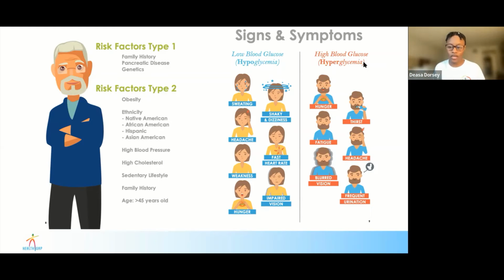It's just good to be prepared in case it gets too low. And having snacks throughout the day helps prevent hypoglycemia. I know most of us eat maybe 1 or 2 to 3 times a day, but when you have diabetes, it's a good idea to just have some snacks throughout the day so that your blood sugar doesn't drop too